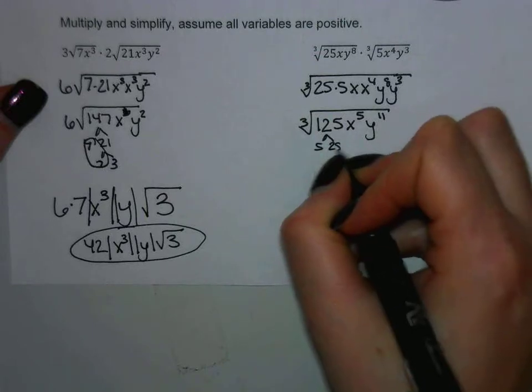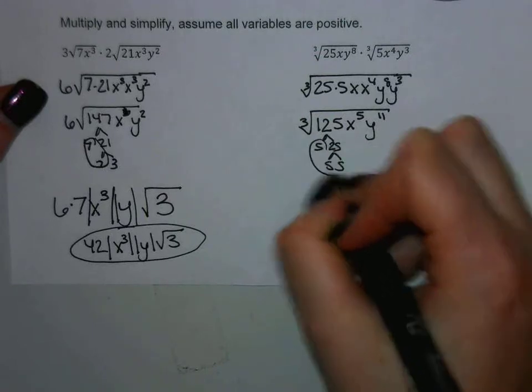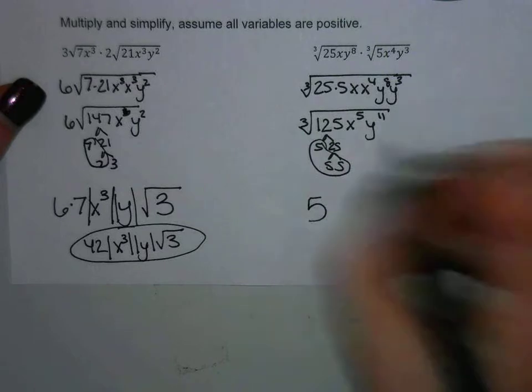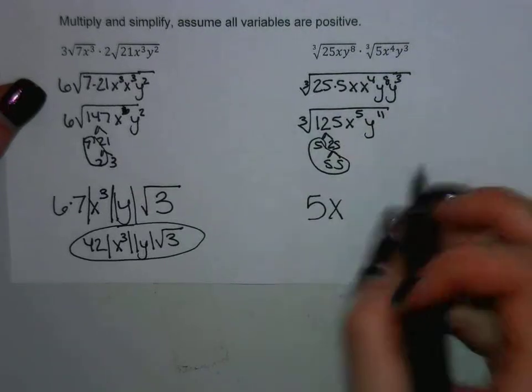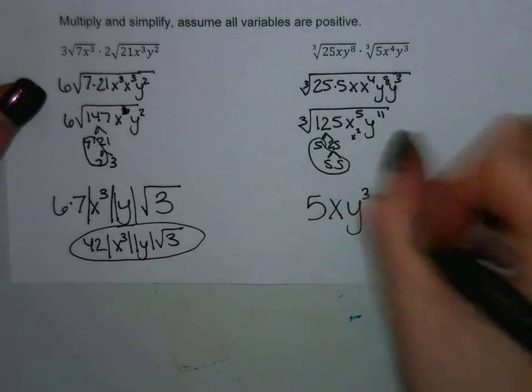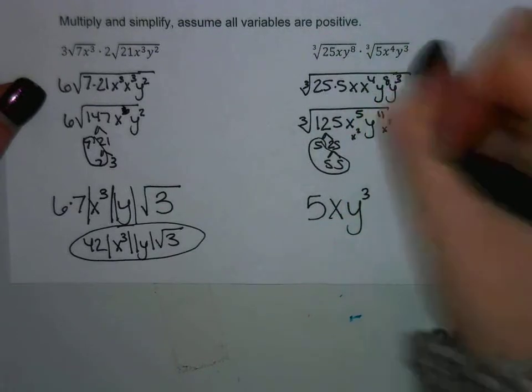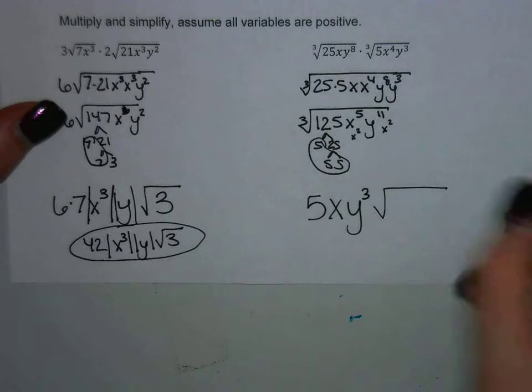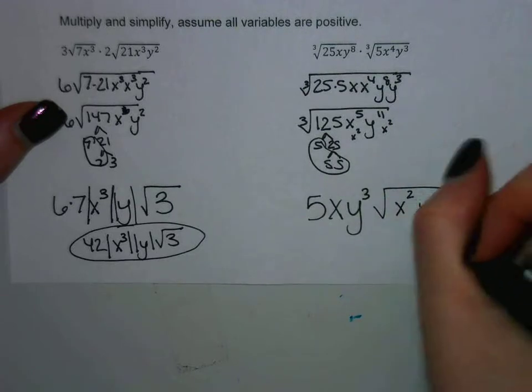So we end up with one group of 5s, one group of our x's, but we have 2 left over. 3 groups of our y's, but with 2 left over. So the square root of x squared, cube root